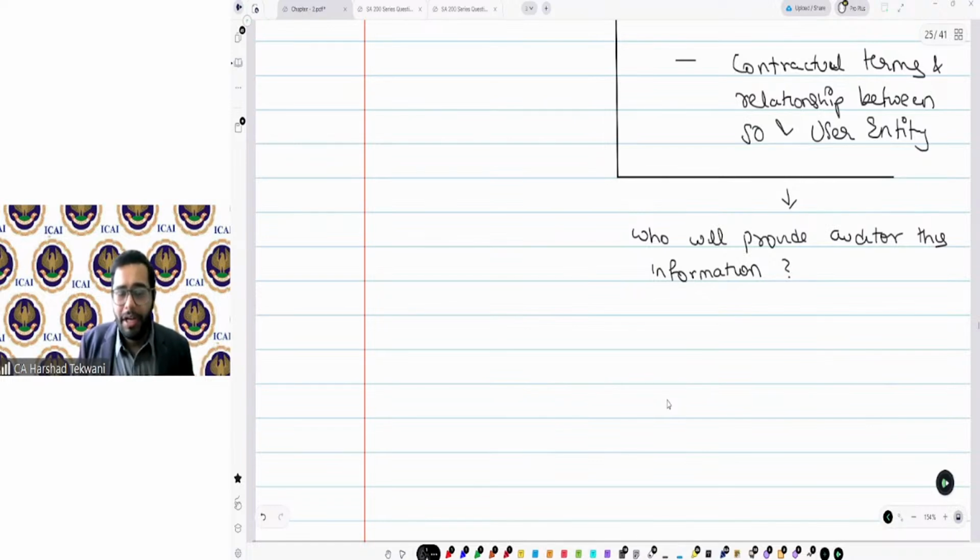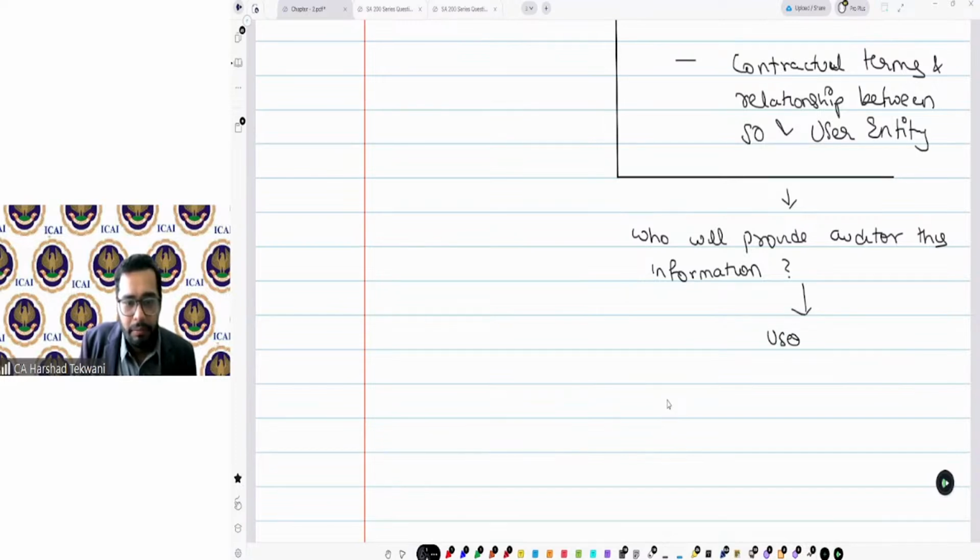Who will provide the auditor this information? The first one is the user entity. If the user entity or user auditor is unable to get the information,